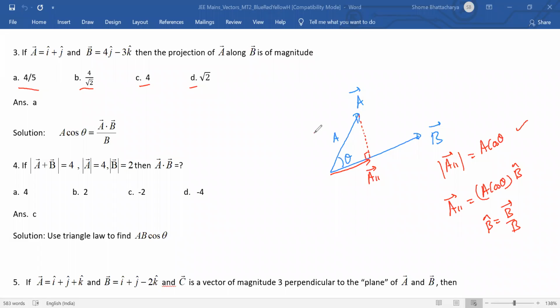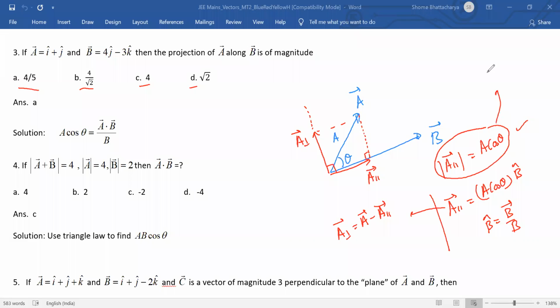And similarly, if you want to find the perpendicular component, that is this one. So that is the projection of A perpendicular to B. Once you get this, you can also calculate the perpendicular component as A minus A parallel. Anyway, in this particular question, we just had to use this. So how do we get this A cos theta? A cos theta again comes from dot product. It is A dot B divided by magnitude of B. So now just calculate A dot B divided by the magnitude of B from these two vectors. You can see that A dot B is becoming 4 minus 3, so that is 1. And magnitude of B is how much?